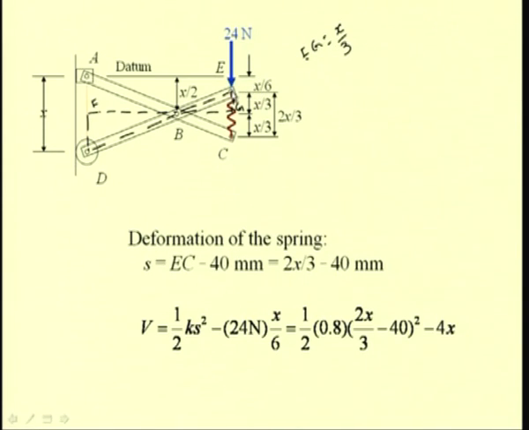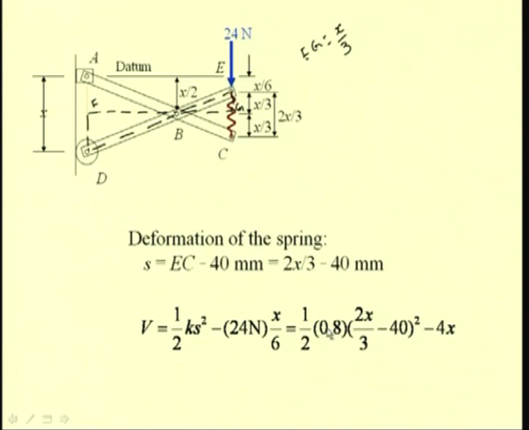Since this point E has moved down from the datum, the term is a negative term. So, we have this as half k s square, which is the potential energy of this spring, minus the potential energy of this conservative force, 24 Newton force, which is 24 Newton times x by 6, which is equal to